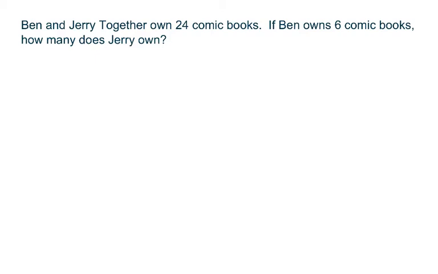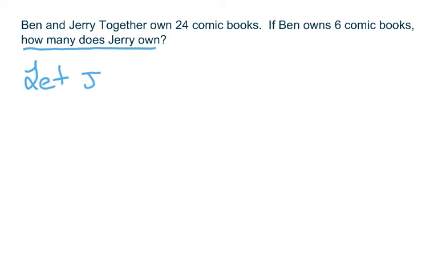Okay, our first problem says Ben and Jerry together own 24 comic books. If Ben owns 6 comic books, how many does Jerry own? So very much like when we were writing expressions, we need to pick out keywords. We've already gone over them. And we need to pick out unknown variables. So what's unknown right now is how many does Jerry own? When we figure out our unknown, we need to write a let statement to represent that. So I'm going to say let, and I'm going to do J